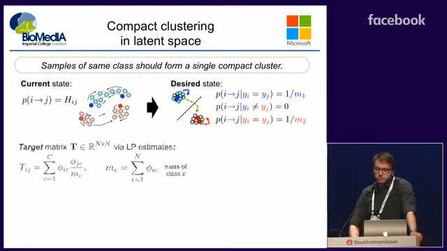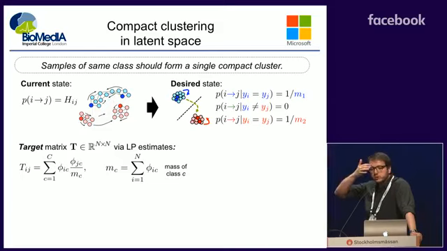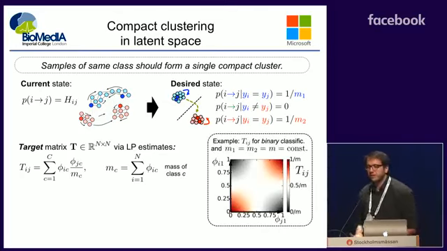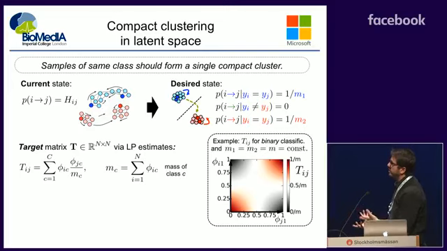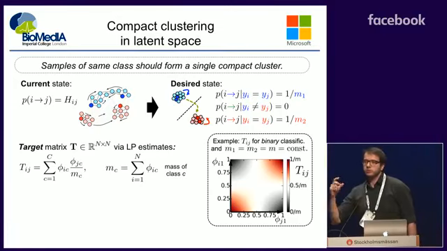And we derive a soft target matrix, the matrix T, to encode such a relationship, and we derive it via the label propagation estimates, phi. We can understand more if I show you the values that this target matrix takes for the binary classification case, for two nodes, phi i and phi j. Essentially, if the class posteriors of label propagation match, T is going to take a high value. If they don't match at all, it's going to take 0.